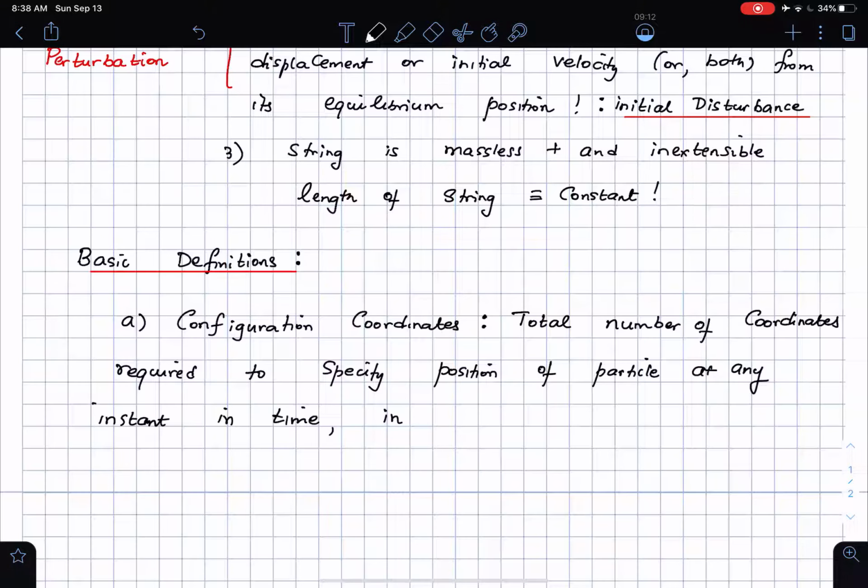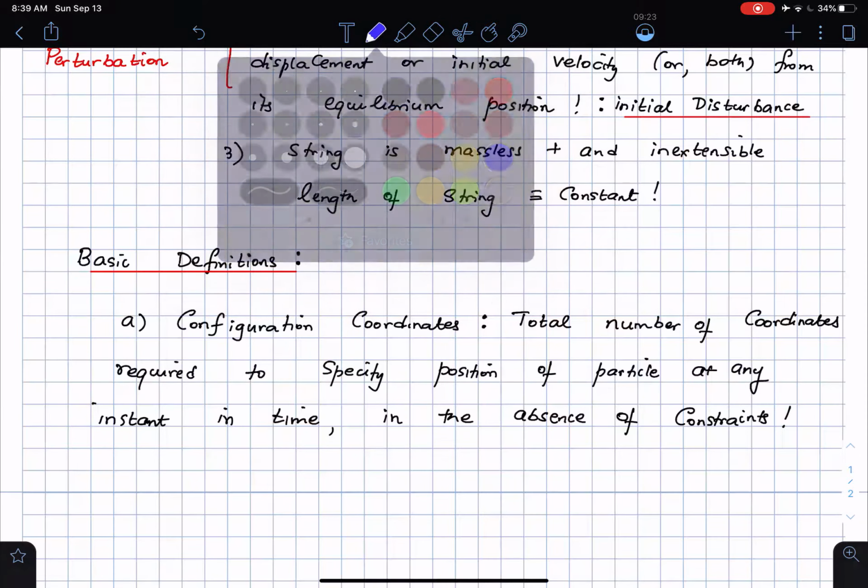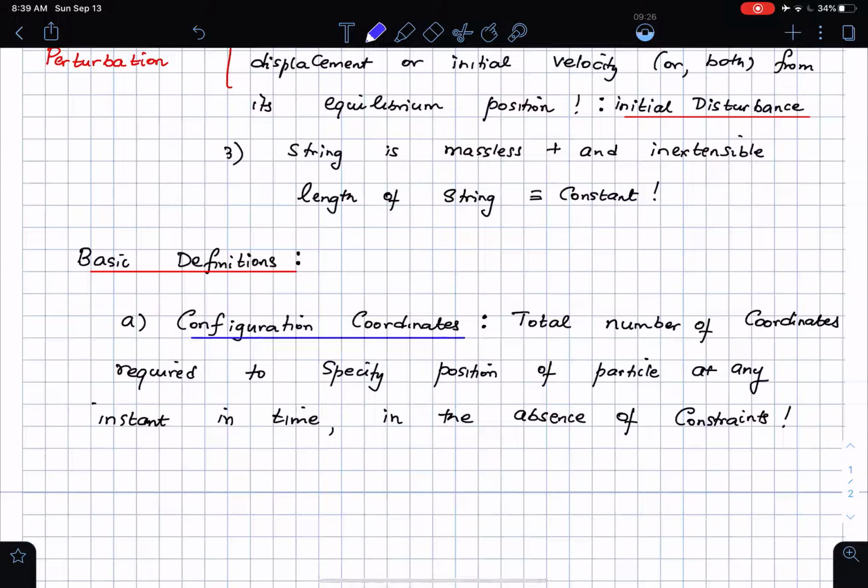Importantly, in the absence of constraints. So this is the definition of a configuration coordinate, and we will look at this from the point of